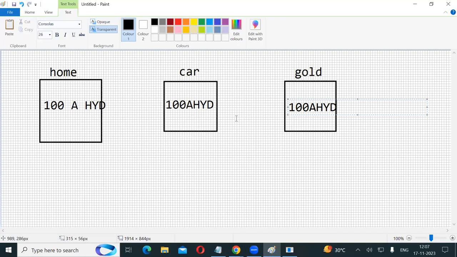Memory wastage. Not one customer, thousands of customers have taken all three loans. Then thousands of customers' data is repeated or not? Yes. So what is this called? This is called repetition of data. So what is the problem? Memory wastage. But when it comes to RDBMS, what we can do is: